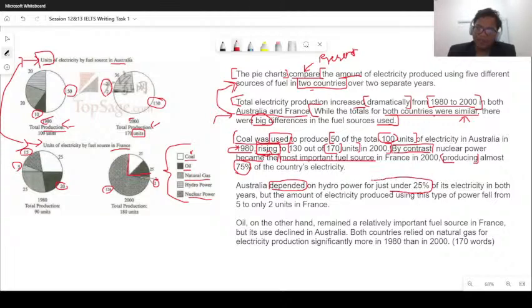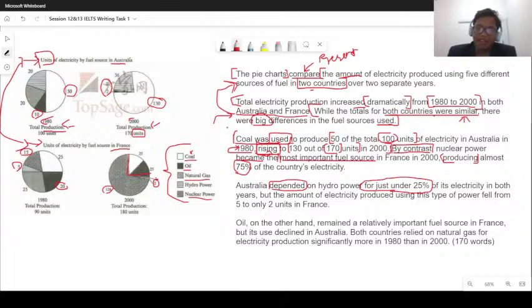The person repeated one of the methods he used before, which is okay, right? I've said that numerous times. If you do make repetition, it's fine. Just make sure you don't make it more than twice in your entire answer, okay, of its electricity in both years. But the amount of electricity produced using this type of power fell from 5 to only 2 units in